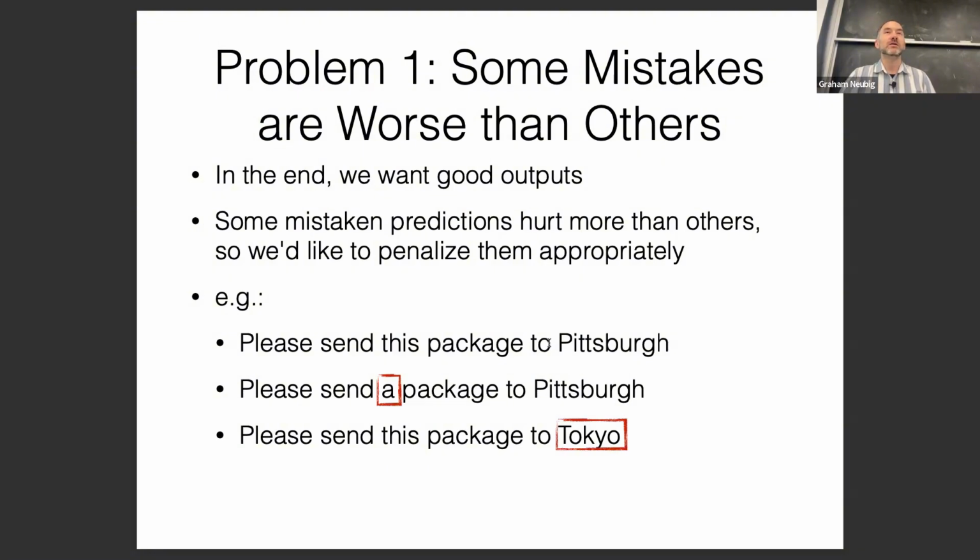As systems are being used in more consequential decisions in our lives, maybe they're being used to make hiring decisions or help doctors diagnose diseases. Obviously, if you diagnose a disease incorrectly, that's a much bigger problem than giving somebody advice about where to eat this weekend. So there are all kinds of differences in both the benefit and harm that could be caused by different outputs.